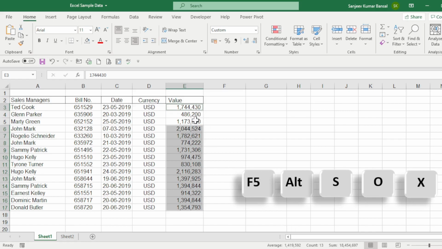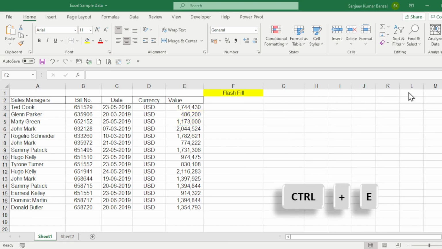You will see that these two cells which had formulas were not selected. You see, there are formulas in both these cells. So this is a shortcut to select constant values. Now we're going to see